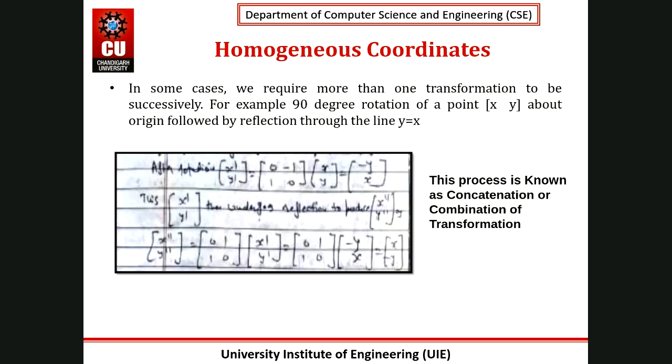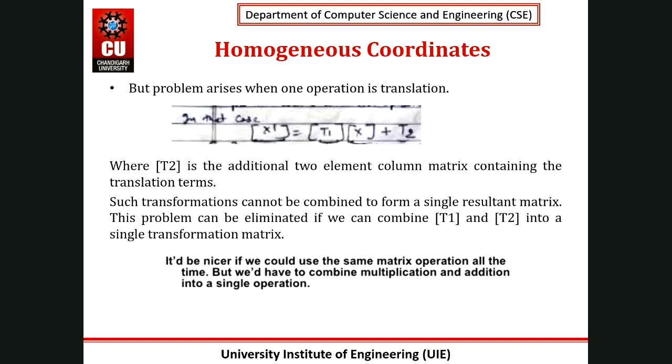So let's discuss the homogeneous coordinates. I told you that the translation transformation is the only transformation where we have an addition operation. All the other transformations like scaling, rotation, reflection, and shearing have multiplicative operations. So when we apply a series of transformations on a single object, we are not able to define the translation matrix, because what we need is a single matrix which can perform multiple transformations on an object. That's why we introduce the concept of homogeneous coordinates.